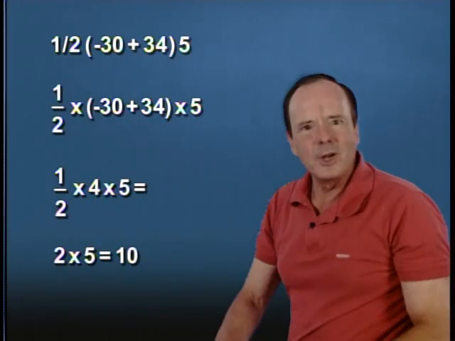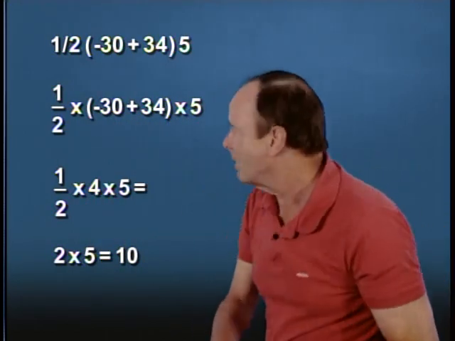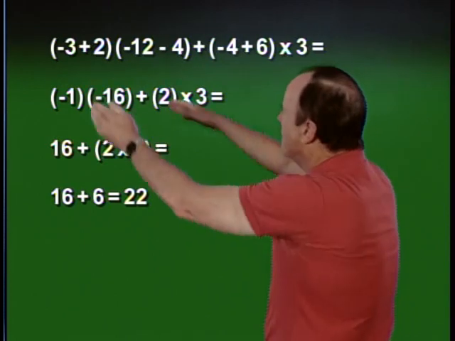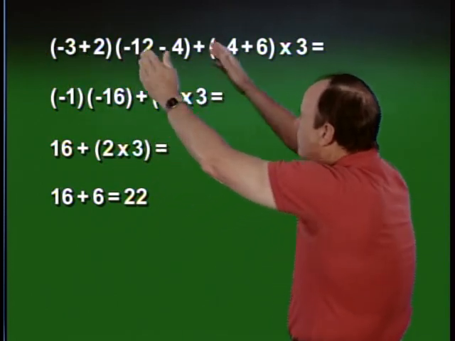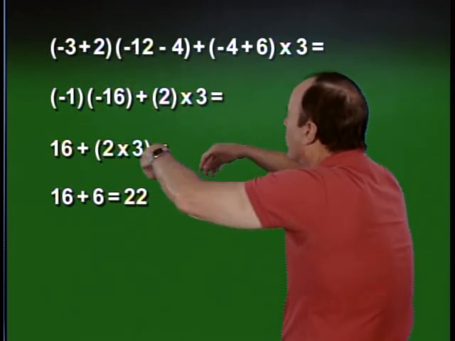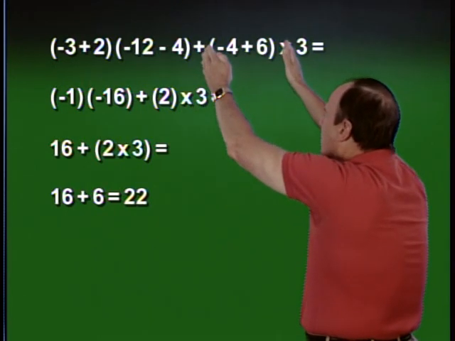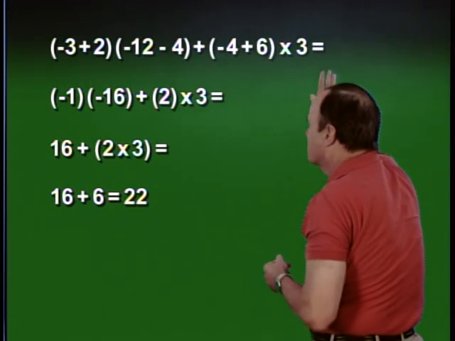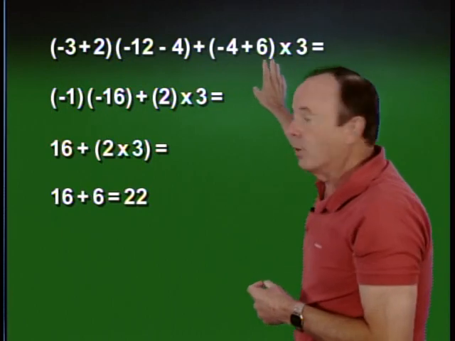Well, that was too easy for everybody, so let's just do another one. This one says take the quantity minus 3 plus 2 times the quantity minus 12 minus 4 plus the quantity minus 4 plus 6, and then multiply that times 3. And what does that equal to? Well, let's